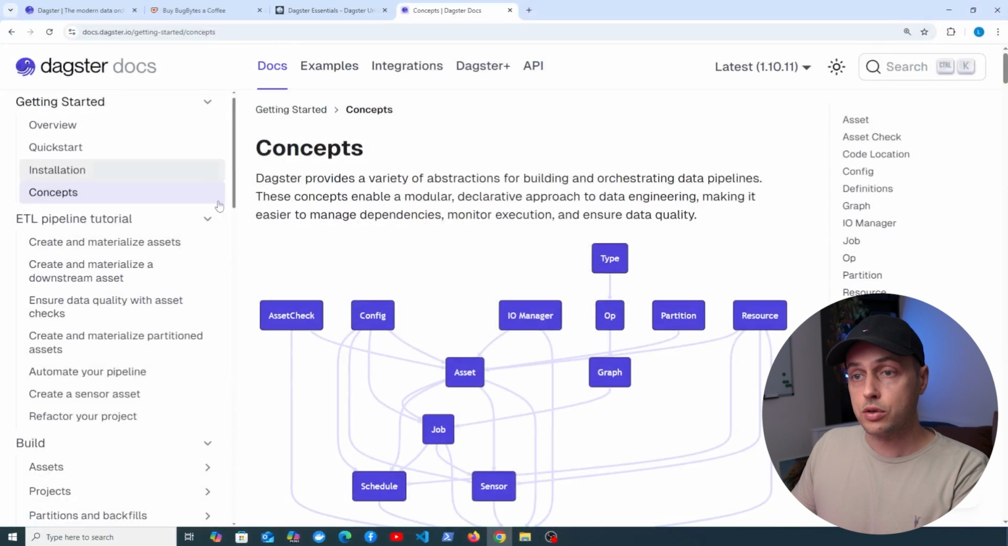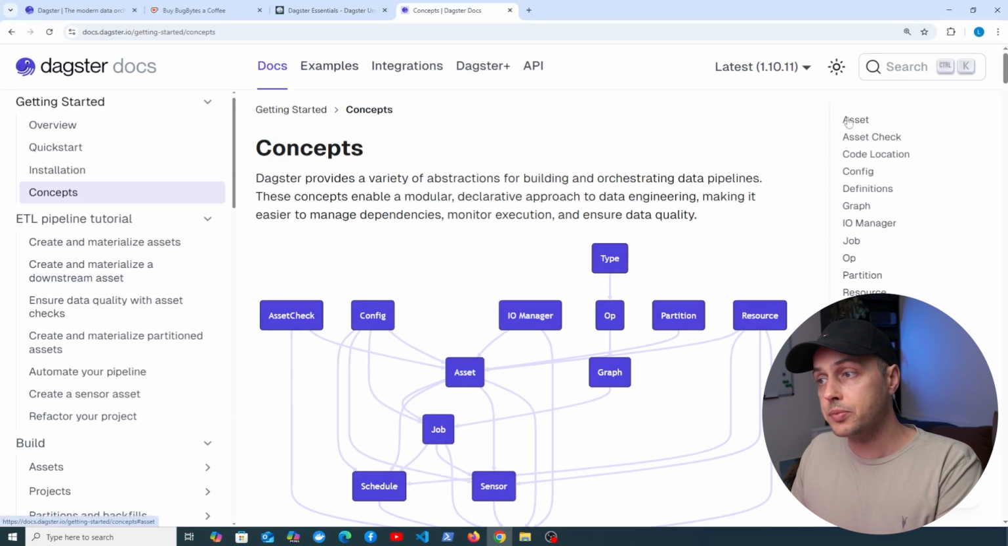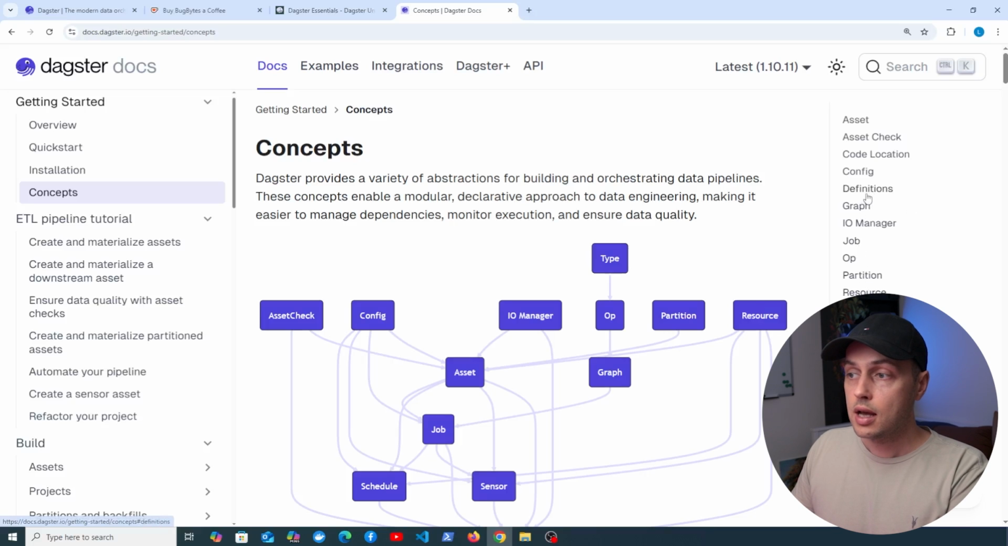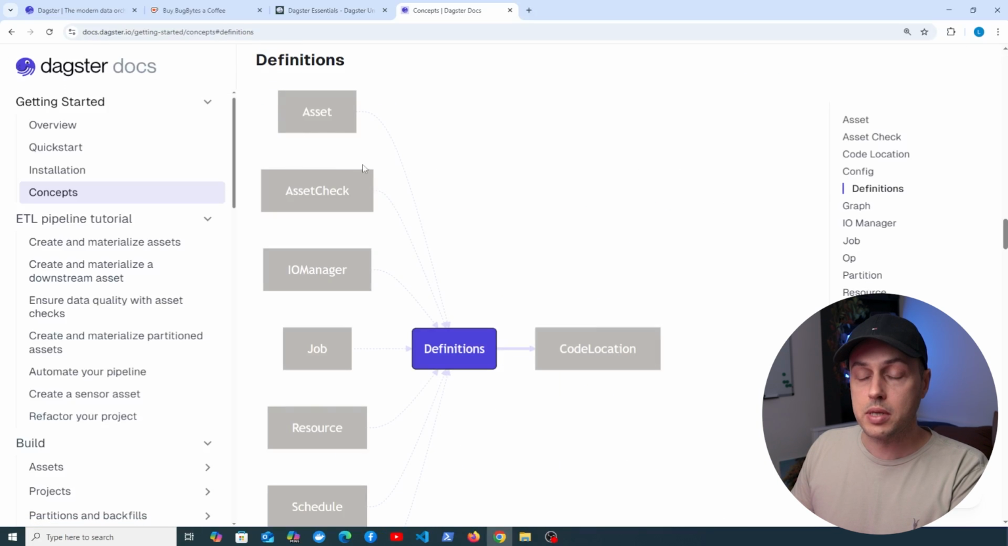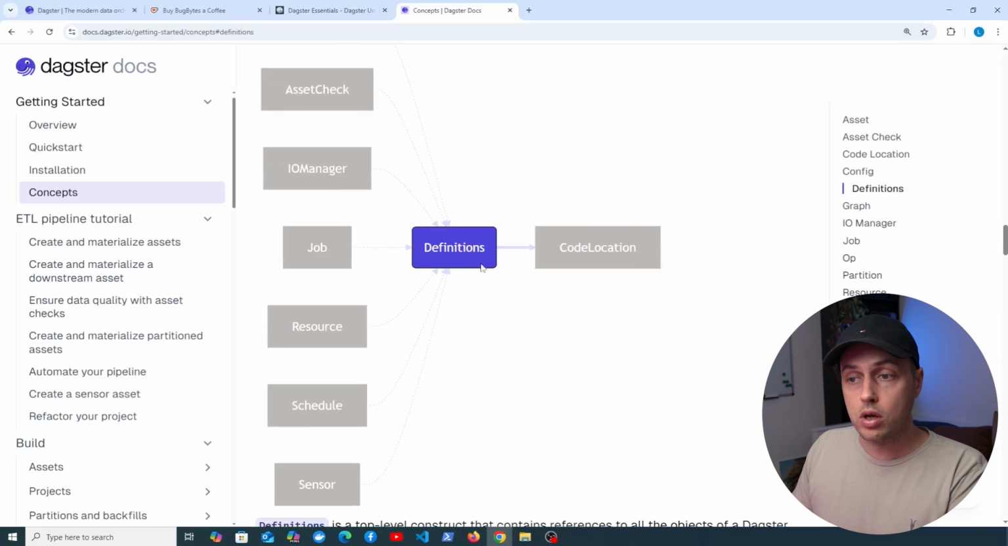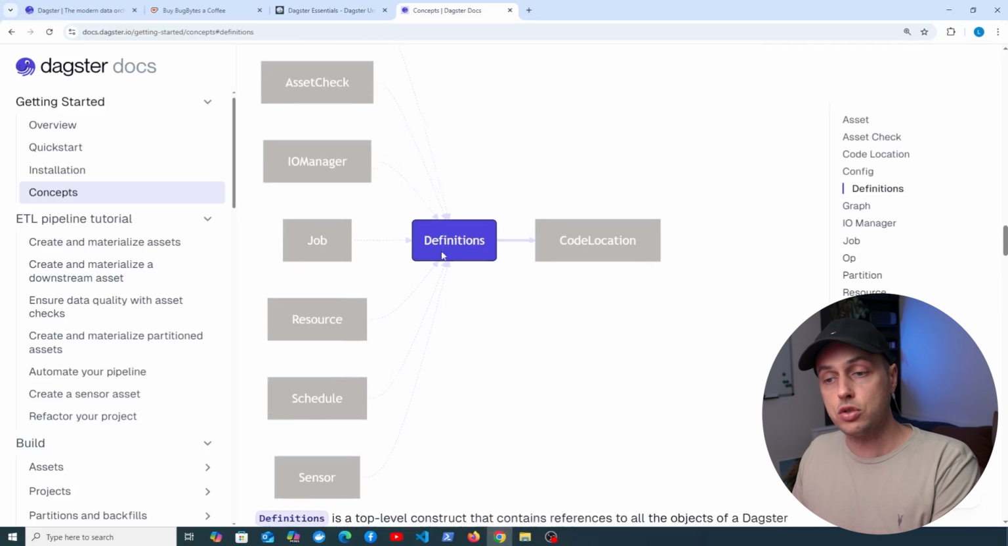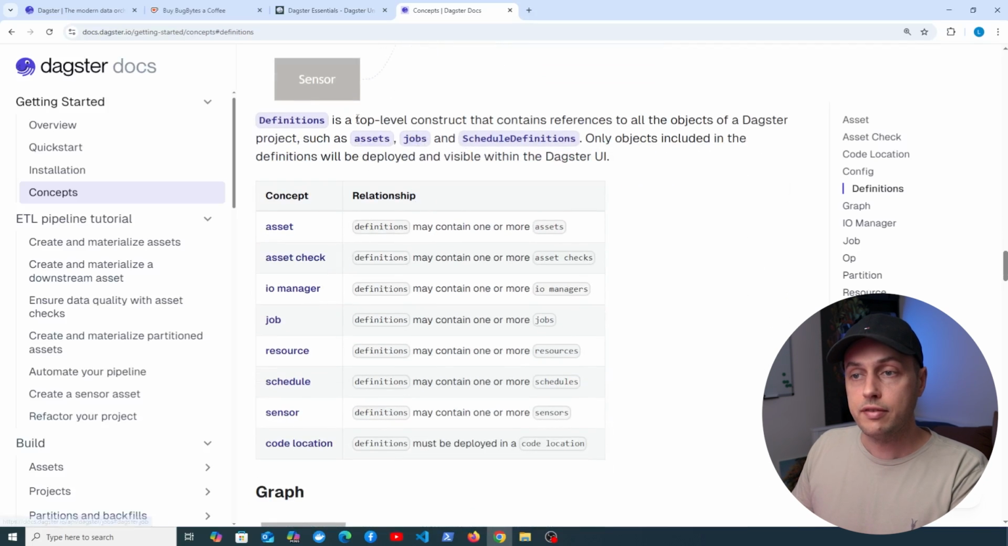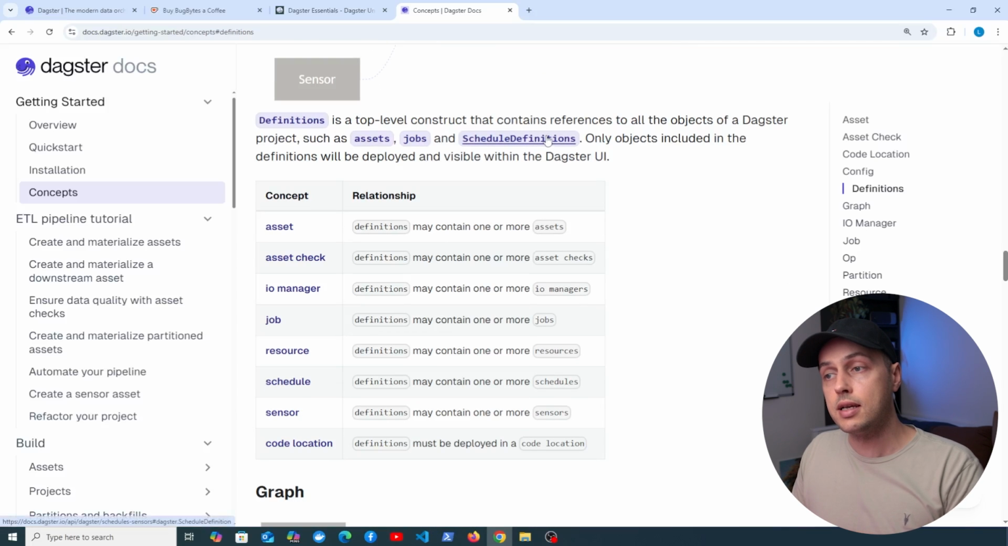Now I'm going to very quickly go to a concepts page for Dagster, and you can learn more about important concepts like assets and definitions, graphs, jobs, and so on. If we go to the definitions concept here, you can see that all of these, such as assets, IO managers, jobs, and so on, all point into a definitions object. So if we scroll down here, definitions is a top-level construct that contains references to all of the objects of